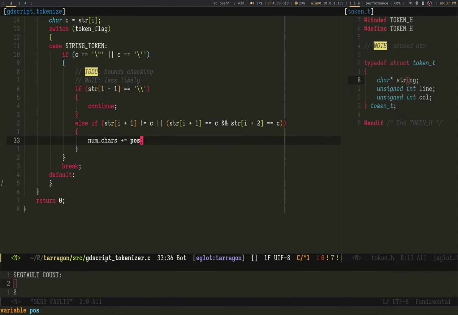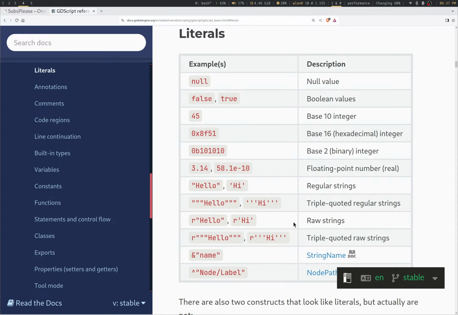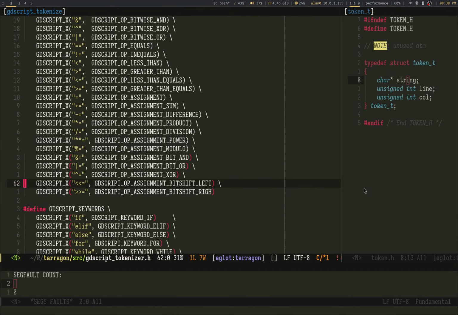I will figure out pause later. Pause minus, since it is a string, it could either be a regular string or a raw string, and I kind of want to differentiate now.